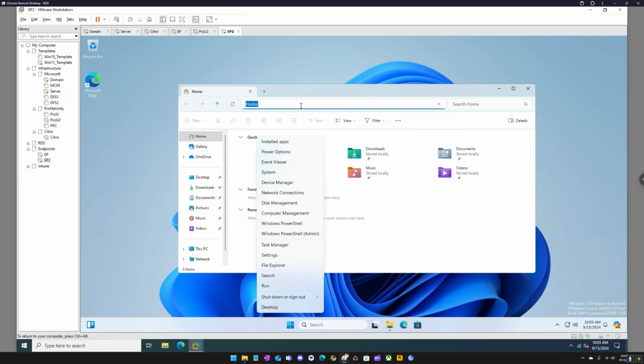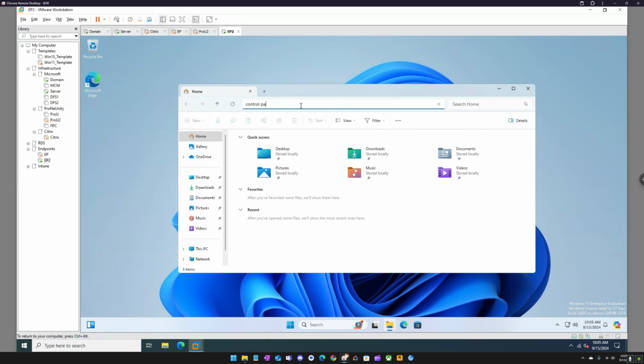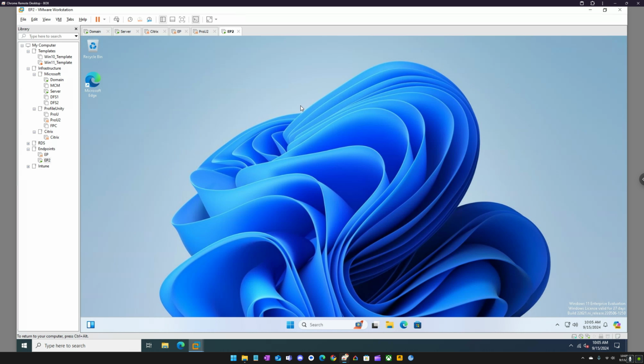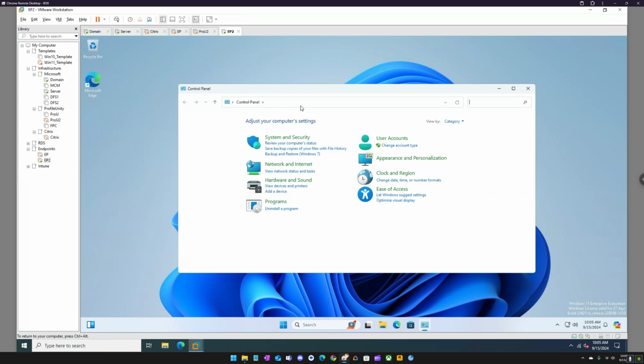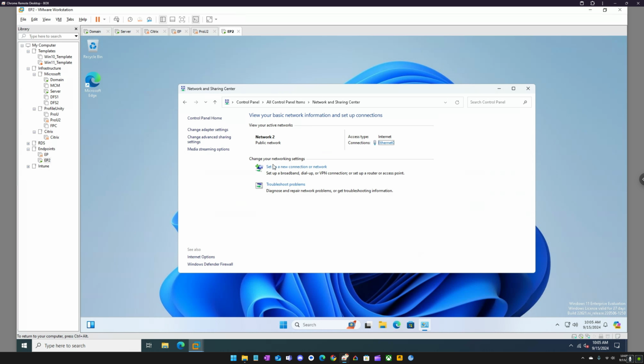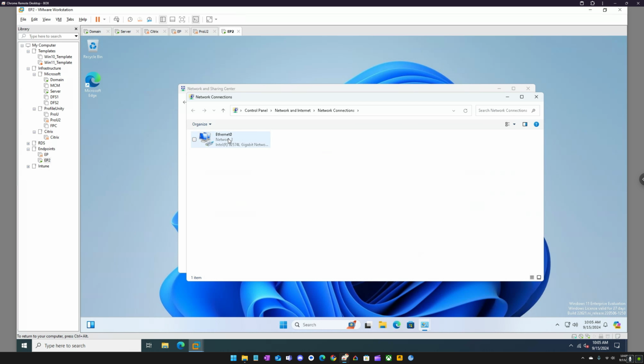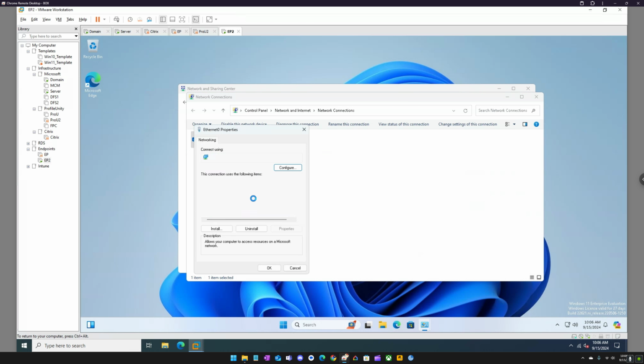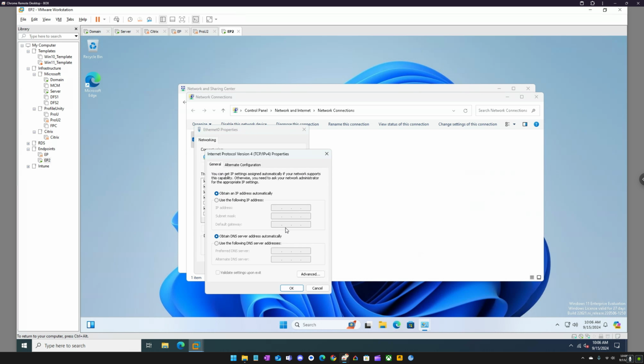Nope. Alright. Control panel. Need to get this on the domain. Network. Properties and